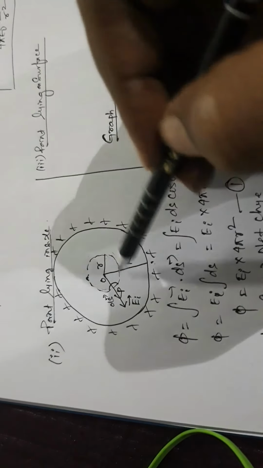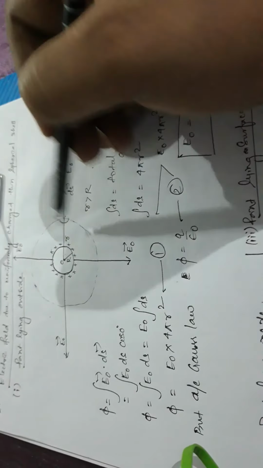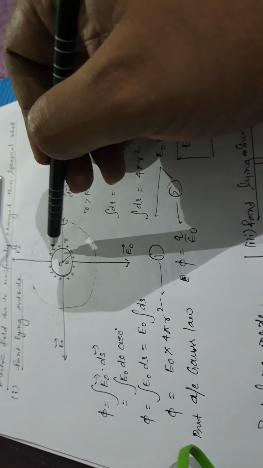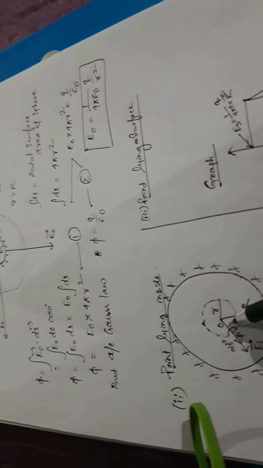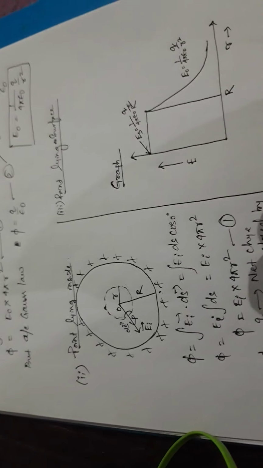Now no charge is enclosed within the Gaussian surface. For external points, the charge is residing on the outside surface. When the point is lying outside, the total charge enclosed by the Gaussian surface is also the charge on the spherical cell. But when you take the point inside, for internal points, no charge is residing within the enclosed surface. So here Q will be 0. So phi is 0. That's why EI is also 0.